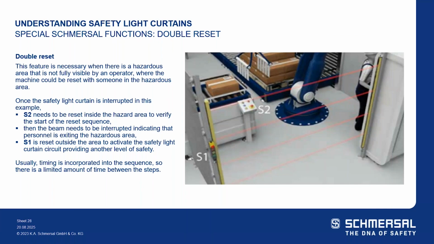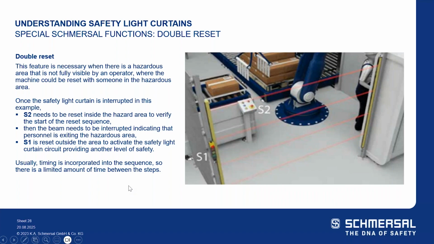Another special feature is double reset. The double reset is going to prevent the restarting of equipment when you lose full line of sight and someone is within the danger zone. This can be used in place of presence sensing devices such as safety mats and laser scanners. So the example here,